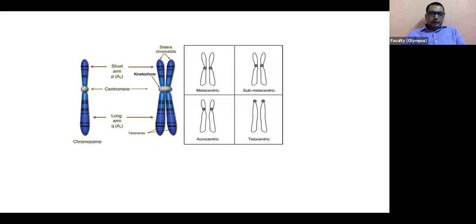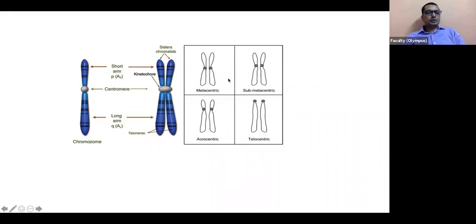Okay. Right. So next, I think I was telling you this in the last class or a class before that. The chromosomes can be categorized into different groups based on where the centromere is. So let's say if the centromere is exactly at the middle, at the center of the arm. Such a chromosome is called metacentric. Meta means middle. Centromere is in the middle.